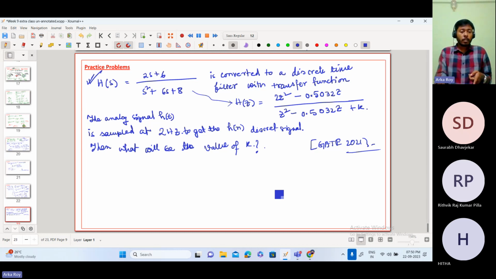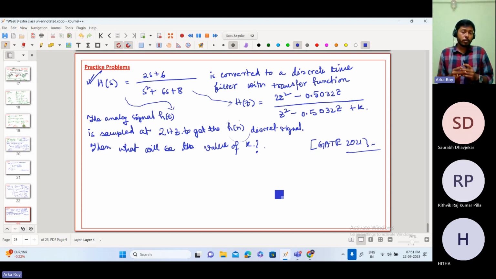That means from this H of s, I need to get h of t. Then I will sample at some sampling rate, for example over here, that is 2 hertz. And then I will get h of n. And then readily, if I get h of n, that is the sequence, I can construct the Z transform and I can construct the filter transform. So this is indeed an impulse invariance method question, but generally whatever problems I had solved in week 7,